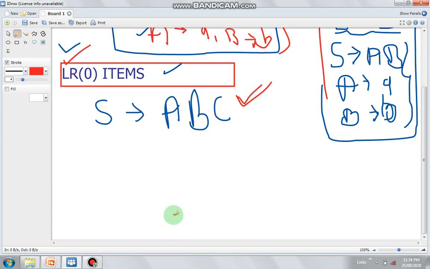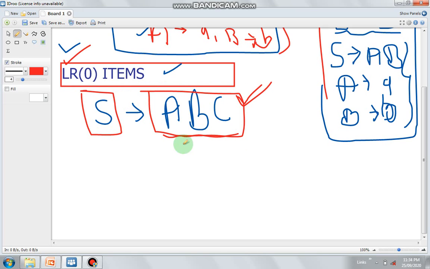Look here: you need to place a dot on the right-hand side of the production rule. This is the left-hand side of the production and this is the right-hand side. You can put the dot somewhere here or here or here, but at a time you need to put the dot at only one place on the right-hand side.